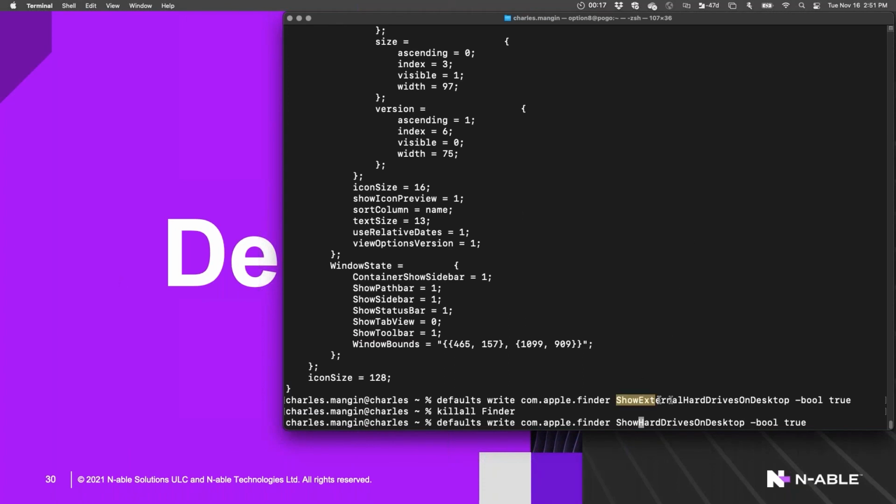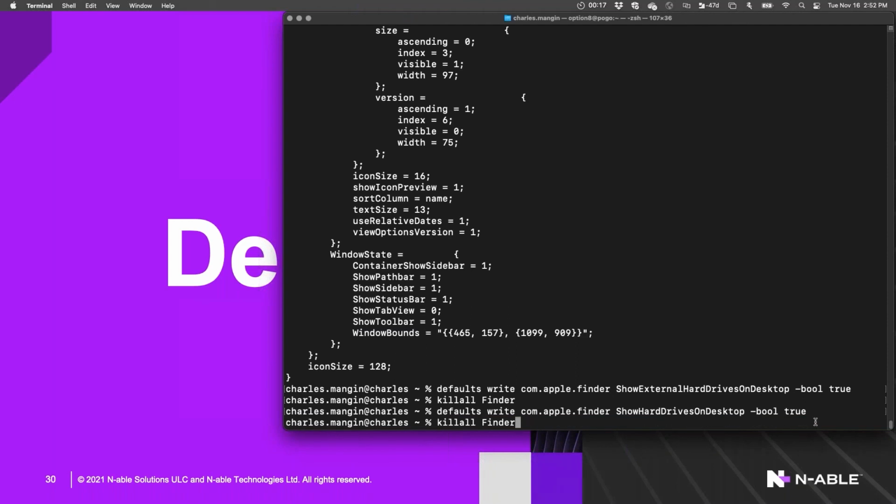And this sort of thing, looking for what the key is, would be great if there were a way to look that up that Apple provided. Trouble is that there are so many of them, and they're changing all the time, and they're available from third parties with arbitrary names and such. You have to look them up and basically find a good source for the application that you're making preference changes to. Some of them are well documented, some of them are kind of secret and harder to find. But so what I'm doing now is showing the hard drives on the desktop, setting that to true, and then I'm going to kill the Finder again.